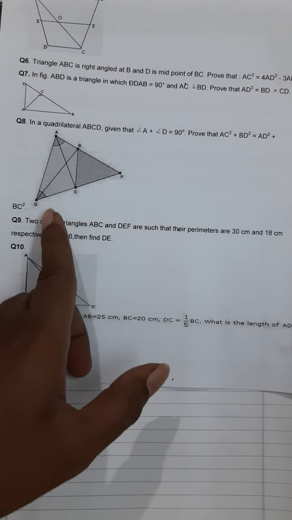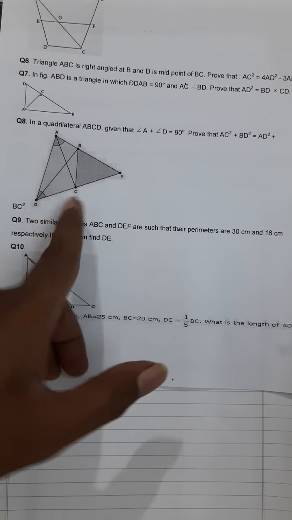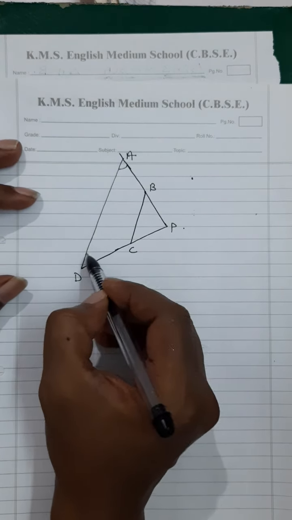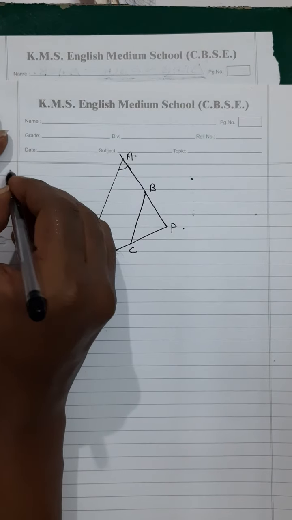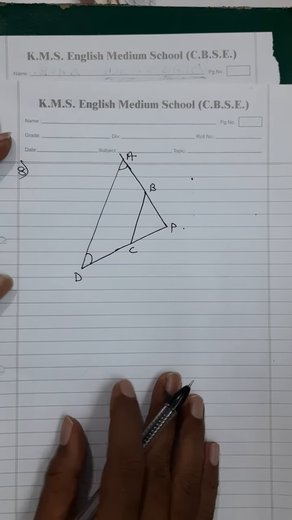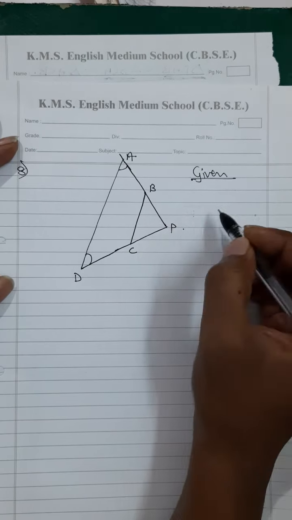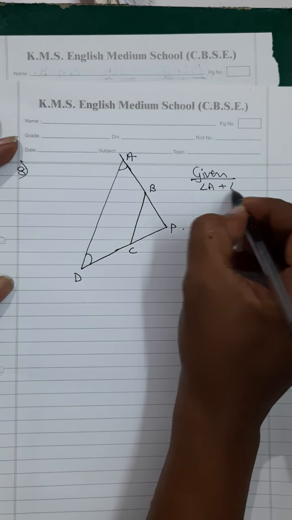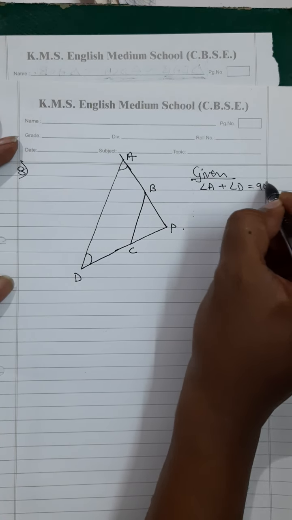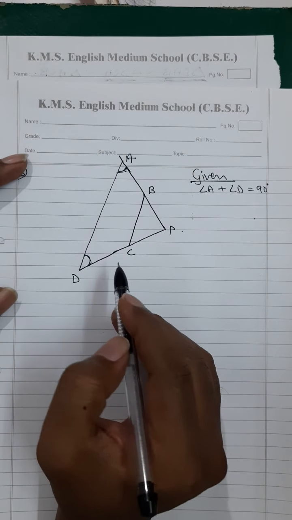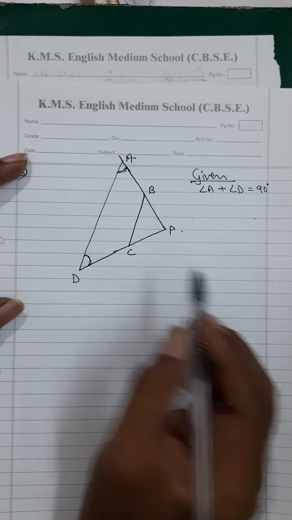Quadrilateral ABCD, given that angle A plus angle D is equal to 90 degree. Here it means this angle A plus angle D. Fine. In the given, you will have angle A plus angle D is equal to 90 degree. Why it is wrong I will tell you. This angle A plus this angle D is equal to 90 degree. Fine. To prove,